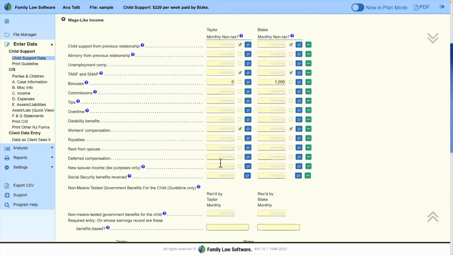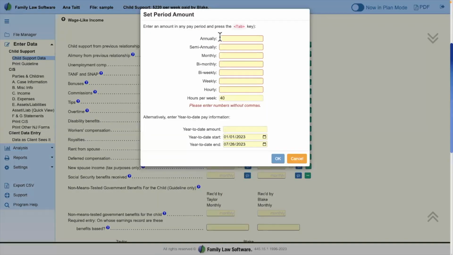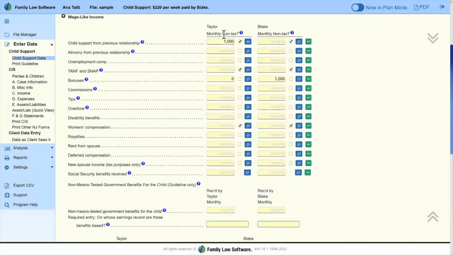All of this is on a monthly basis. But if I check this box, you can see here that there's a little calculator. And so I could put in the annual amount or the monthly amount or the weekly amount. The goal is that you don't have to use a calculator because it's built in. So if I say that the number is annual, I click OK, and then it will convert that into a